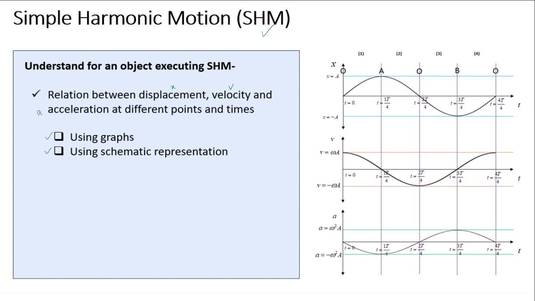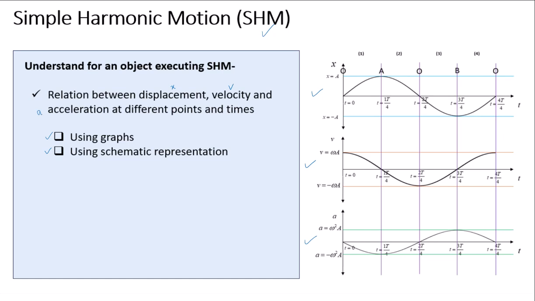representation so that you remember easily what are the minimum and maximum values at the mean and the endpoints. So I'm going to make use of the graphs like the ones shown on the right hand side for displacement, velocity, and acceleration. And it is highly recommended that you please go through my first session in which I have described what is a simple harmonic motion along with basic terms and what are the equations for displacement, velocity, and